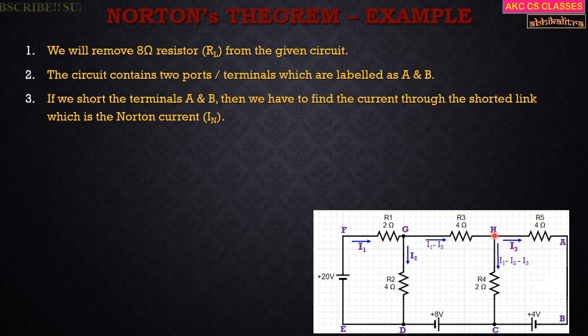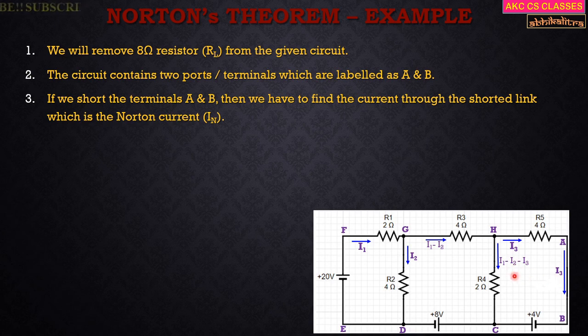Right? I3, which is flowing from the wire H to A, will also be flowing from the wire A to B, right? So if I3 is flowing from A to B, this I3 will reach point C or junction C, and I1 minus I2 minus I3 is also reaching junction C. So if both the currents are entering junction C, then according to KCL, we have to consider these two currents as positive and add up together.